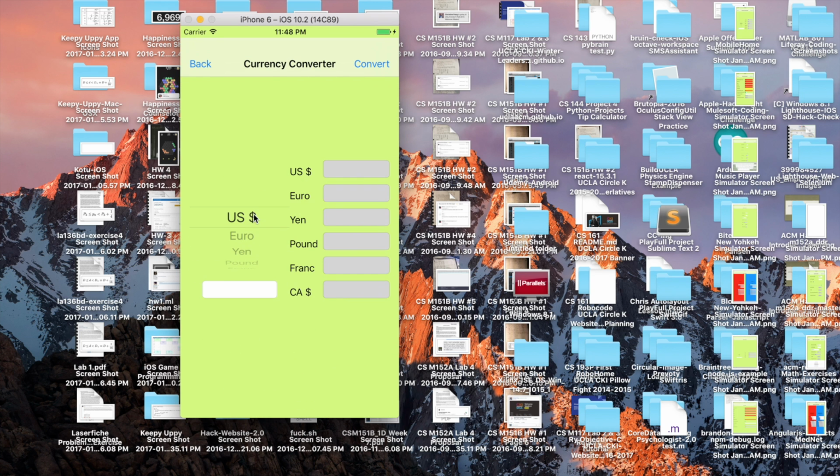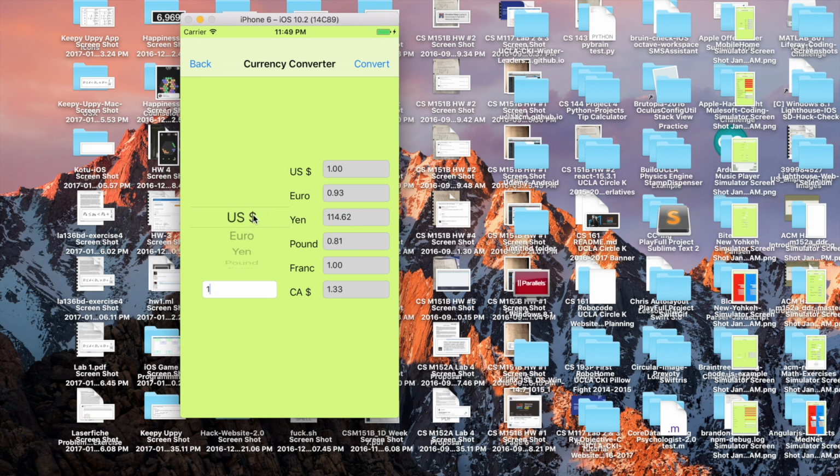Another thing you could do is convert currency. For this, I included the 6 most common currencies around the world, which are US dollars, euros, Japanese yen, British pound, the Swiss franc, and the Canadian dollar. Given any arbitrary amount at the beginning, you enter it into the text field, and then you just hit convert, and then you'll see the relative weight of your currency standard at the moment against the other 5 most